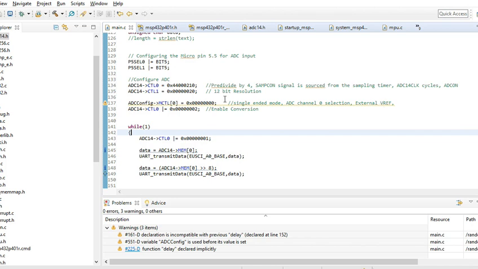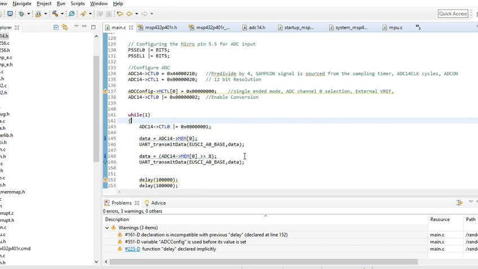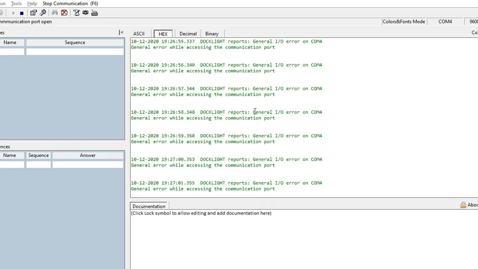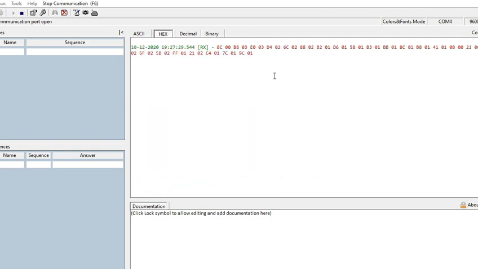And then finally we are enabling the conversion to happen. After that we are outputting it to a register. So now all these values would be read into a data variable, and then we are outputting them over the UART. So if you just see the UART, when we enable the UART, we have just connected.